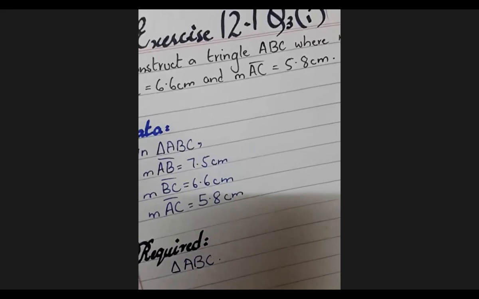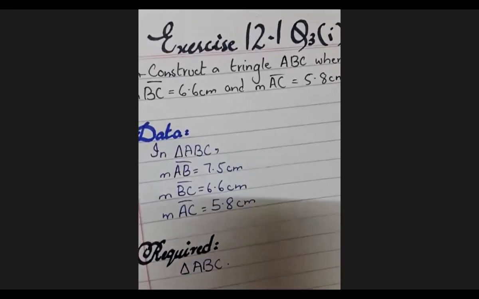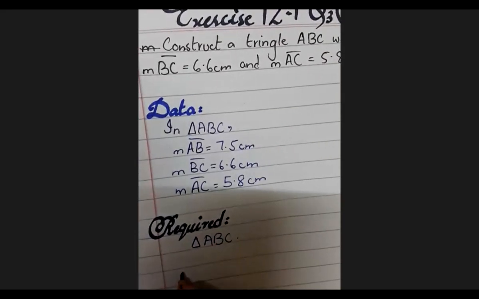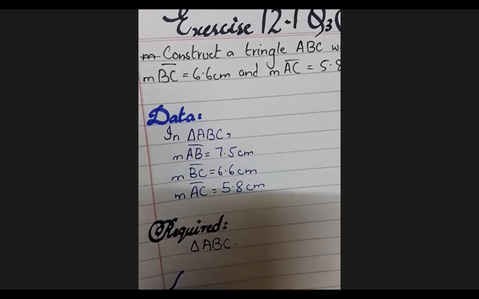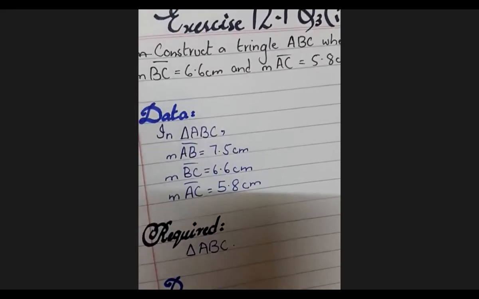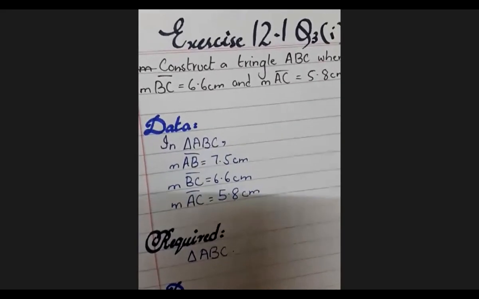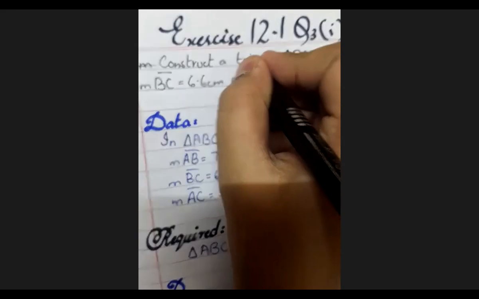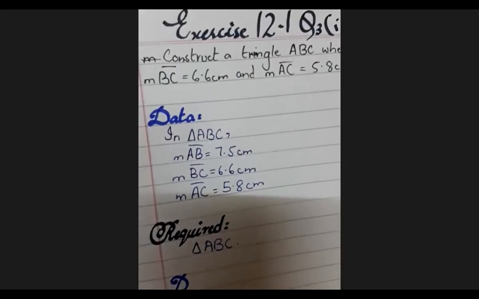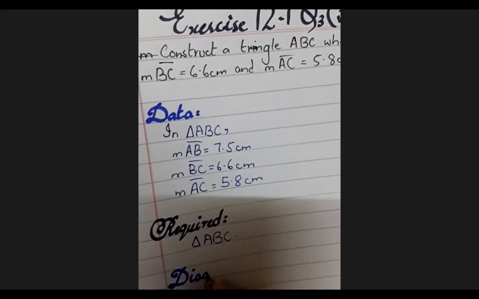Very good. Here is Aisha Hassan's copy. Everything is mentioned properly. Aisha, the spelling of triangle is a little bit wrong. Construct a triangle, T-R-I-A-N. Okay? Very proper and very neat and clean work. Excellent presentation. Shabash.